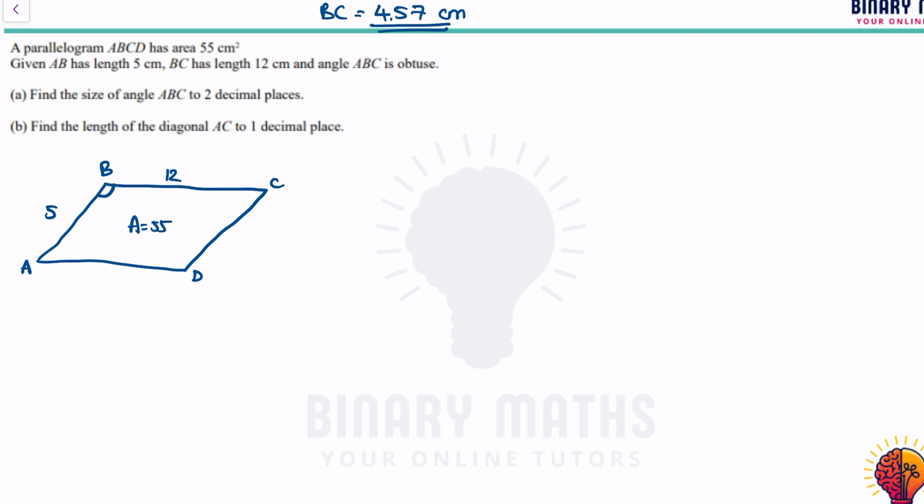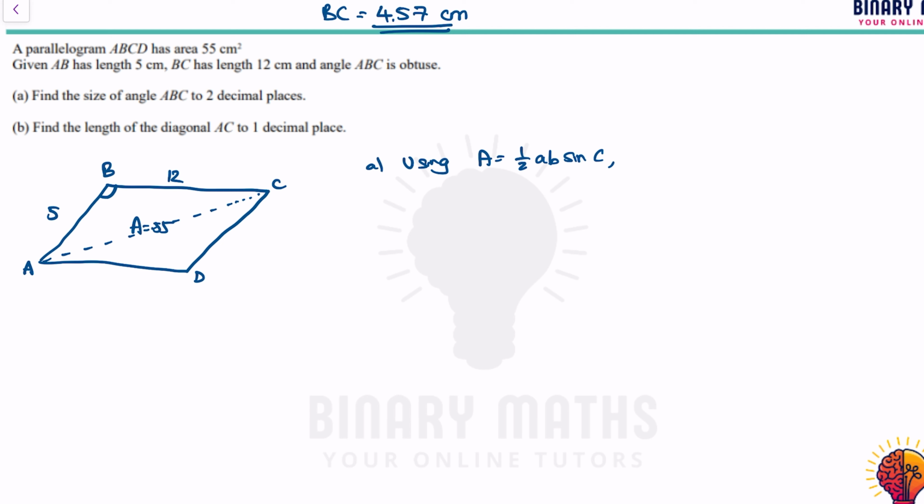Find the size of angle ABC to 2 decimal places. Okay, so first thing I need to do is, because the parallelogram, I can split it up into two triangles. So the parallelogram becomes two triangles, and then I can use the area of a triangle to find out what angle ABC would be. Okay, so using area is equal to half AB sine C. Then area of this triangle will be half of the parallelogram, so which means 55/2